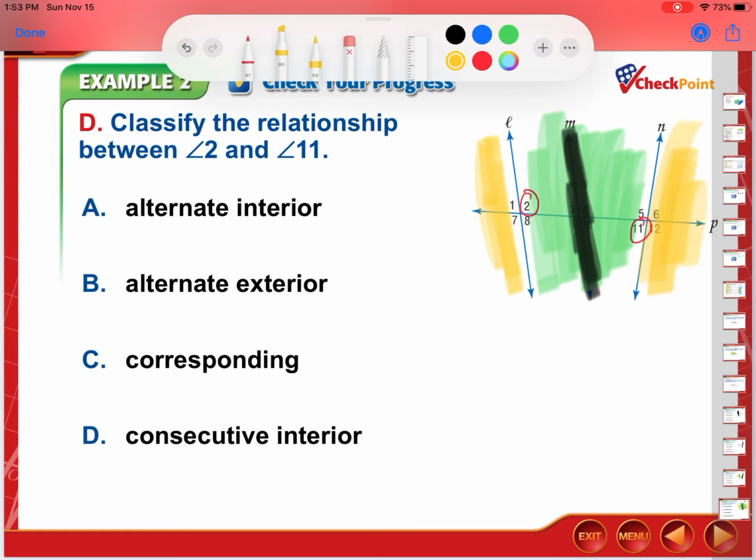So both of these are in the interior, and they're each on separate sides of the transversal. So I would say that they are alternate exterior angles. Or, I'm sorry, alternate interior. Got mixed up myself. All right,